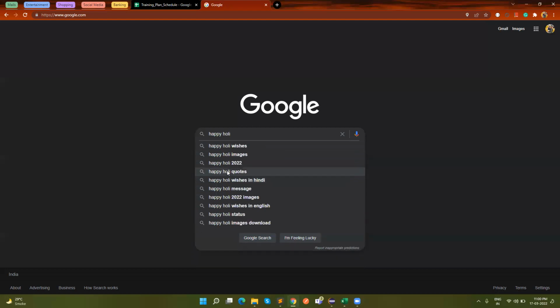Let's say right now the fourth element is Happy Holi codes. So in driver.find element, this is stored: Happy Holi codes. But as soon as I type something over here,